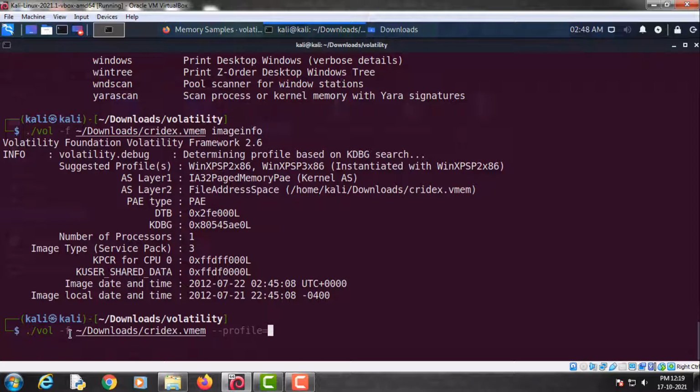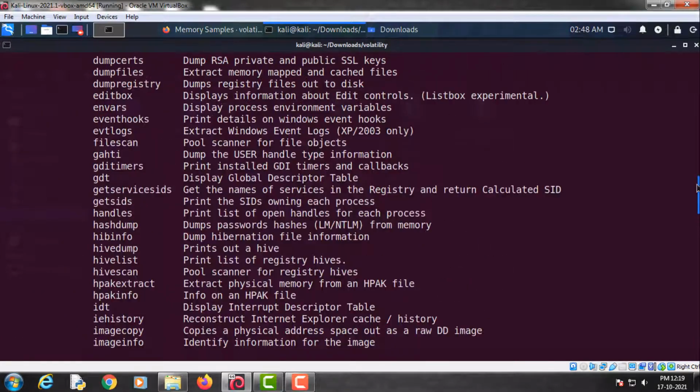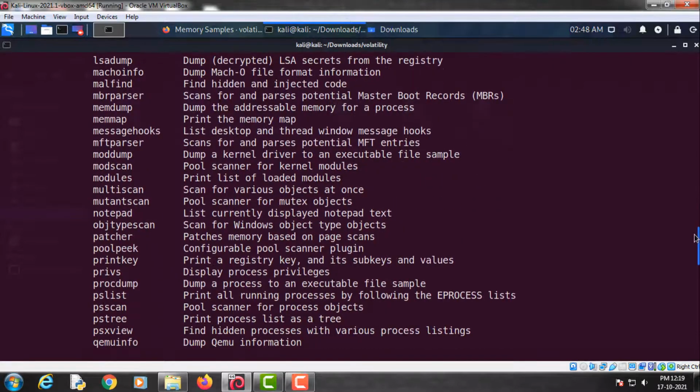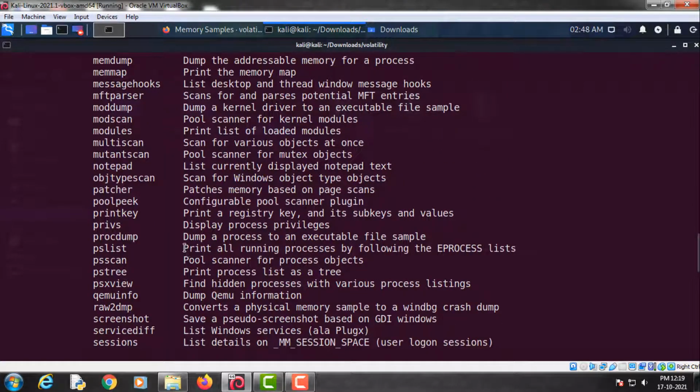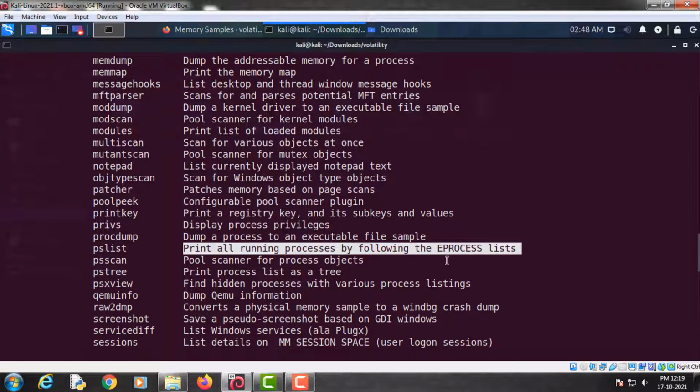Now we will use the --profile option. Now, in order to check the running processes, we will use this pslist plugin. You can find out more information about this pslist plugin here. This is used to print all running processes by following the EPROCESS lists.